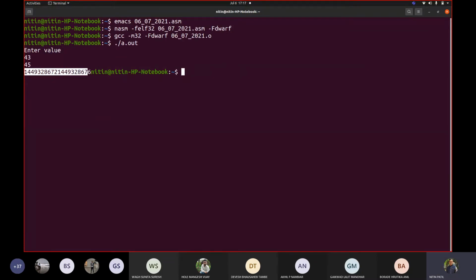So 672 and 676. Can you see the difference of 4 in both? Yes or no? First address is 72, second address is 76. Correct. So if I see the code, can you see the 4 difference? Yes, yes, sir. Okay.